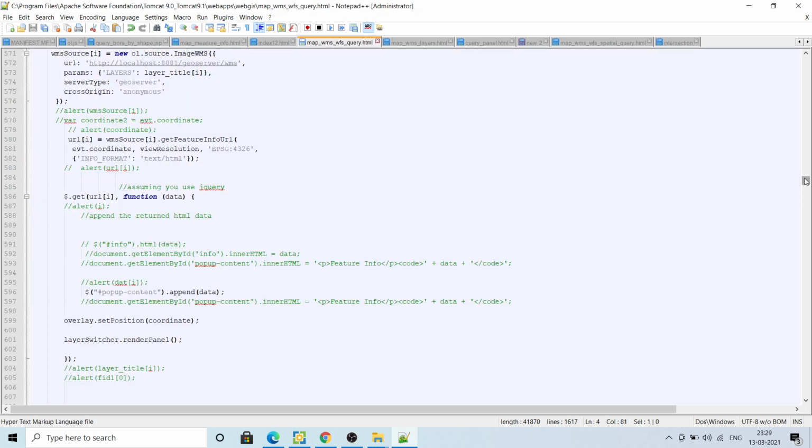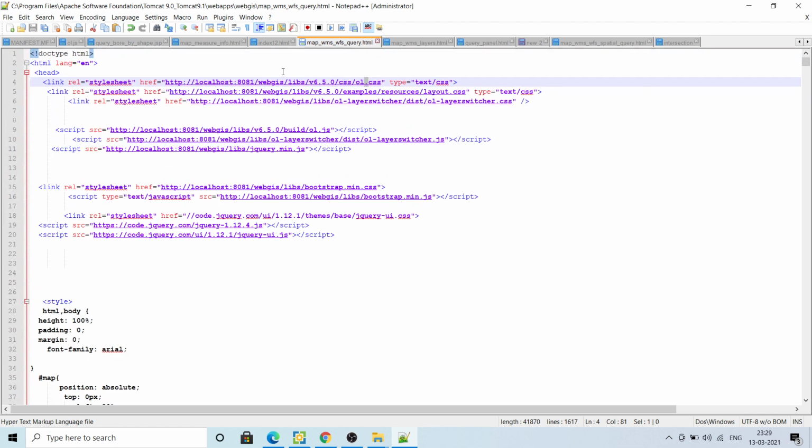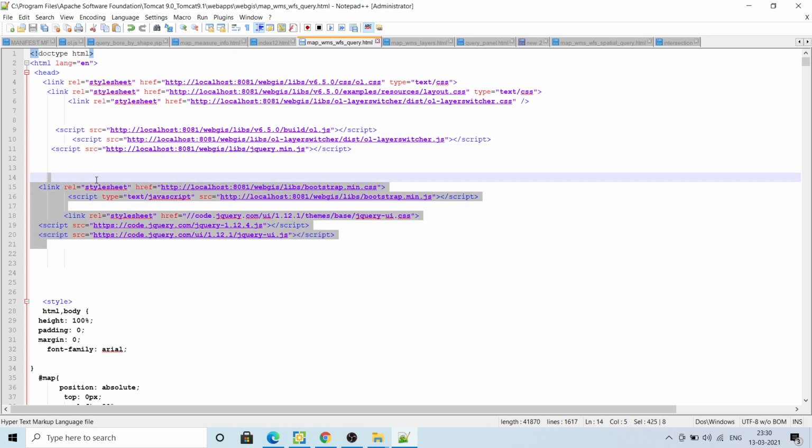From the start, I will show you two things you have to do. If you have already seen my earlier videos, you must know that these are the links for the OpenLayers CSS styling. This is ol.js. So you have to download OpenLayers, put it somewhere inside Tomcat, in any folder, and then give the link here. In the earlier video I told you we are using jQuery, so you can download jQuery from the internet and give the link. Otherwise I will upload it in the drive and give the link for this also. These 5 things we have added.